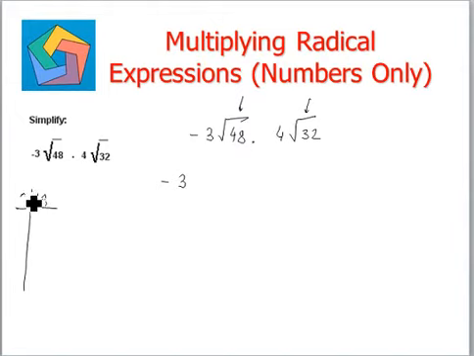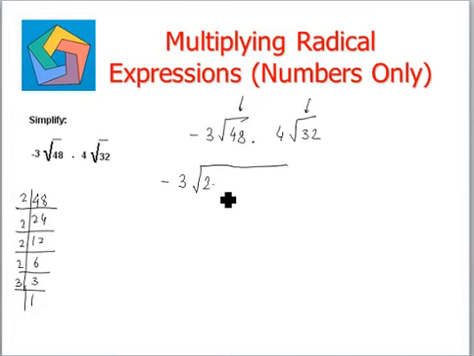48 divided by 2 is 24. 24 divided by 2 is 12. 12 divided by 2 is 6. 6 divided by 2 is 3. Then we cannot divide by 2 further, so we move on to 3. 3 divided by 3 is 1. So the factors of 48 are four 2's and one 3, while the factors of 32 are